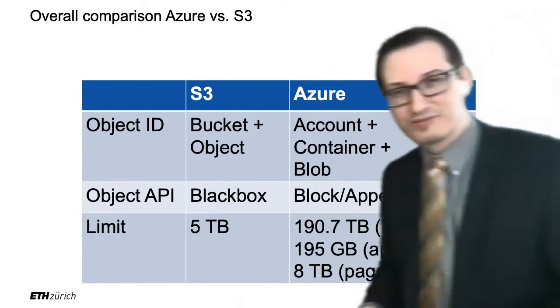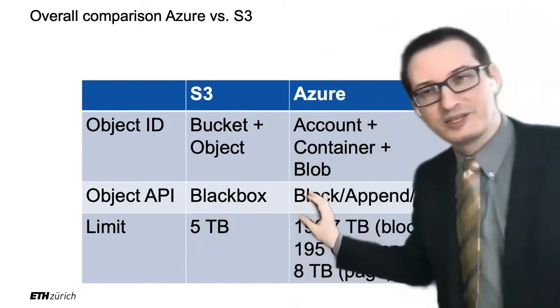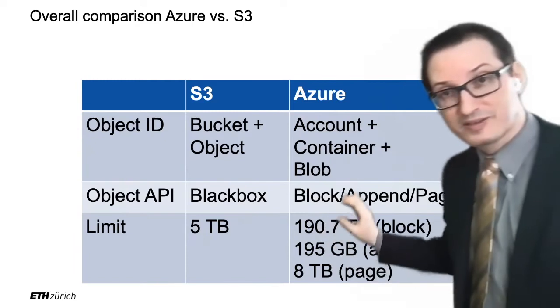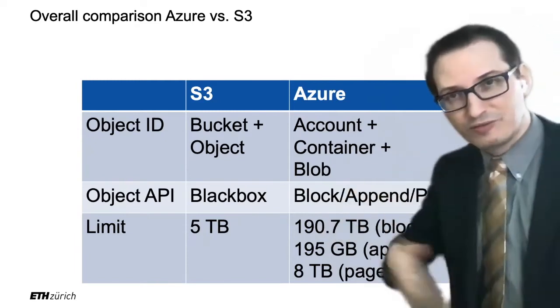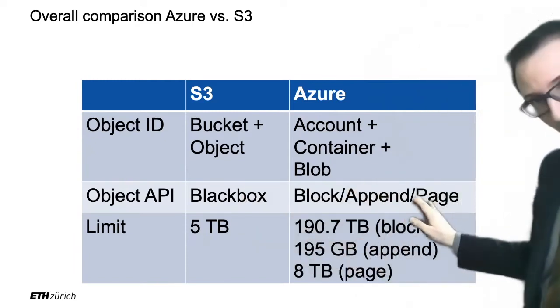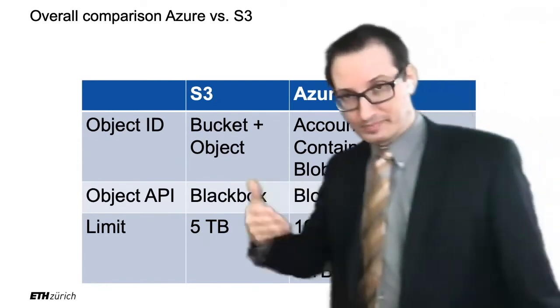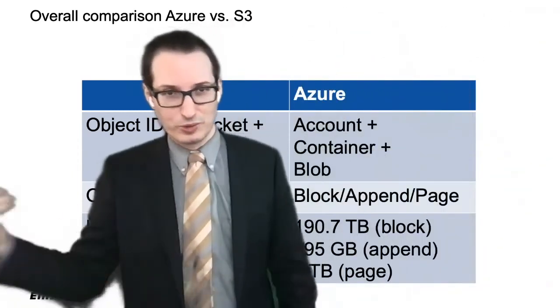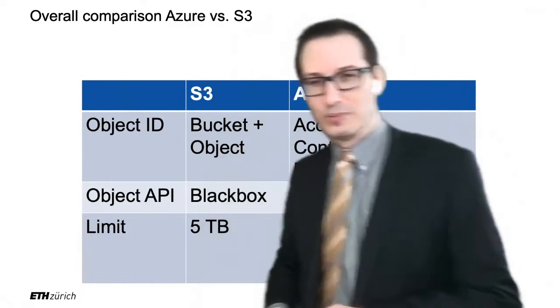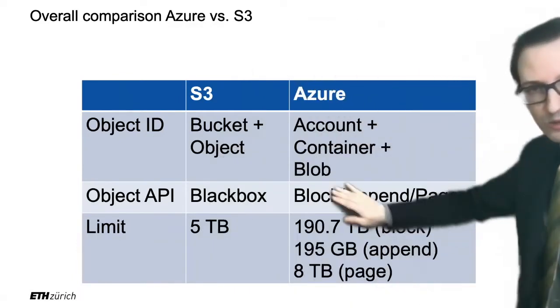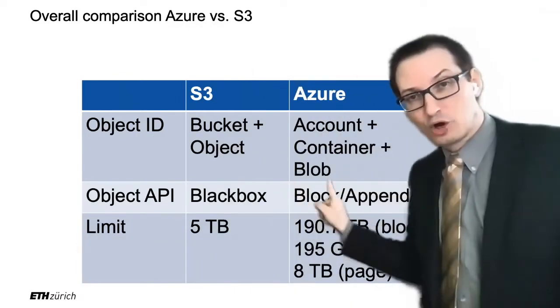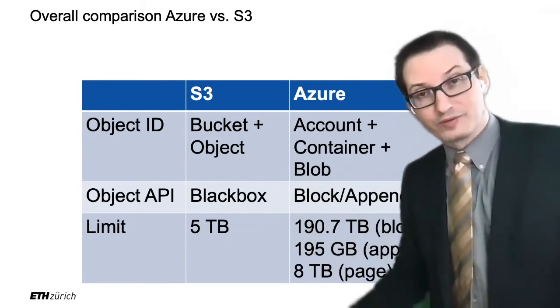So there are several kinds of them. Block blobs are the ones who are into SCD. This is for data sets. Append blobs is for logging, if you keep logging stuff. And page blobs are for virtual machines, when you want to have some persistent memory in virtual machines. So these are a bit less relevant, but block blobs are important.